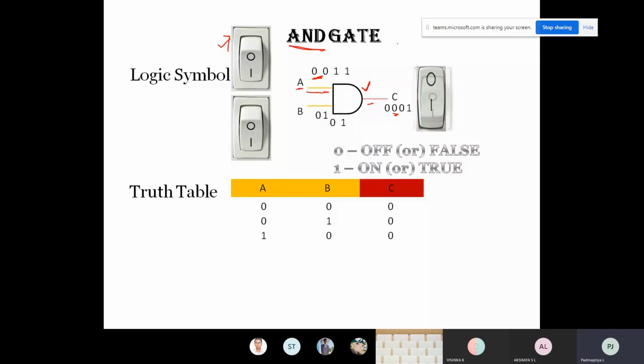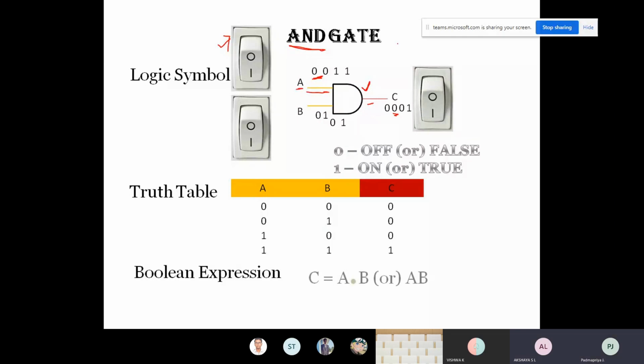You all know, I hope. You might have studied this when you were in 12th standard. Actually, we studied it in computer science also, ma'am. Oh, the same. Okay, then that's quite easy.